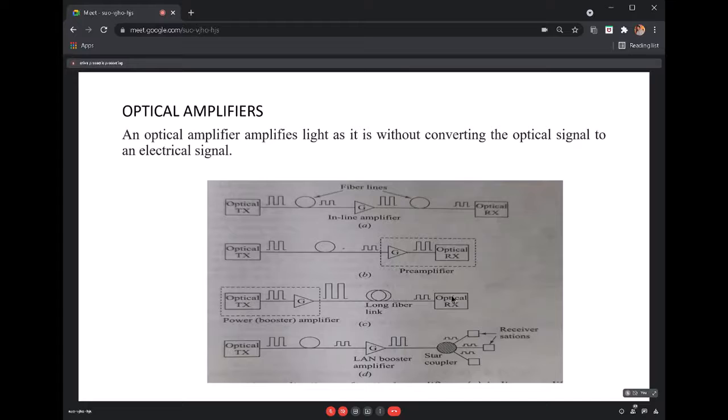And the last one is the LAN booster amplifier. So what is this LAN booster amplifier? Usually, in the previous example, we used the booster technique in the preamplifier stage, so at the receiving stage you will not have it. In long distance transmission, which will be hundreds of kilometers, more than hundreds of kilometers, it requires some amplification to be done.